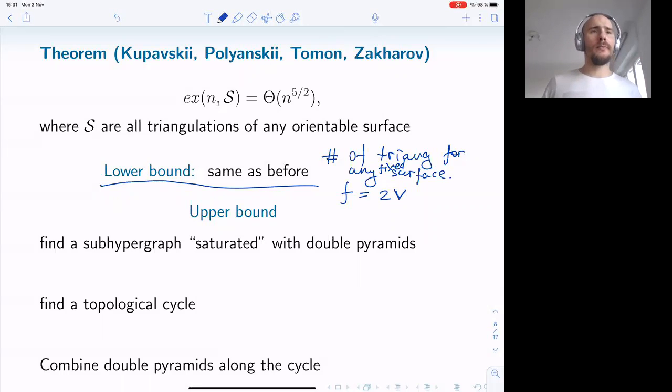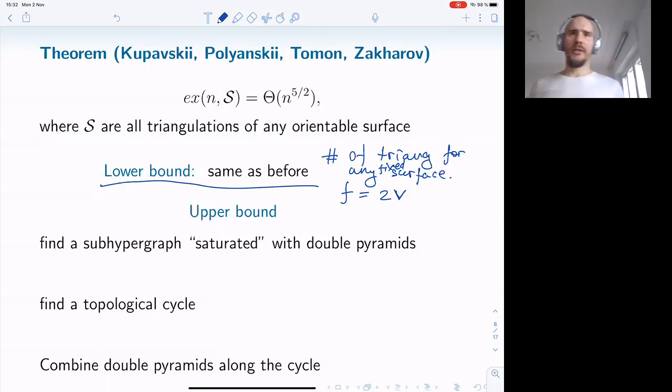So what about the upper bound? The first thing that we do is we find a subhypergraph of our hypergraph that is saturated with these double pyramids, the thing that we found for the sphere. So these double pyramids would be all over the place. I'll go back to this later. What do I mean by saturated? So once we have this